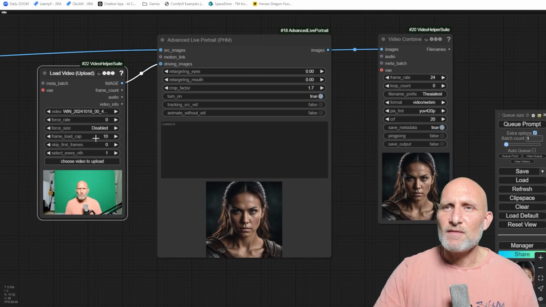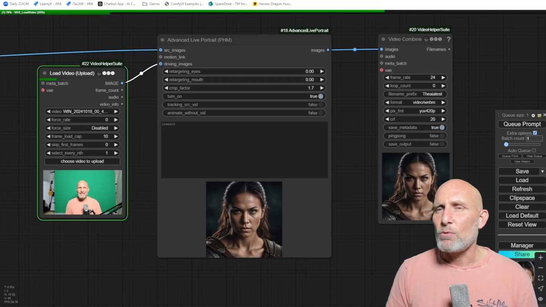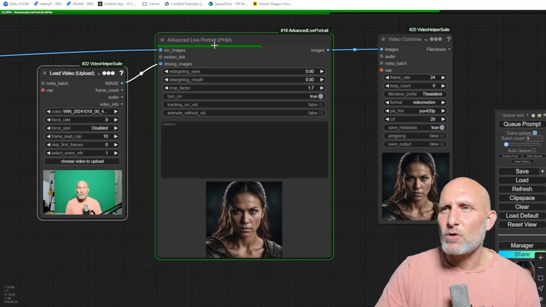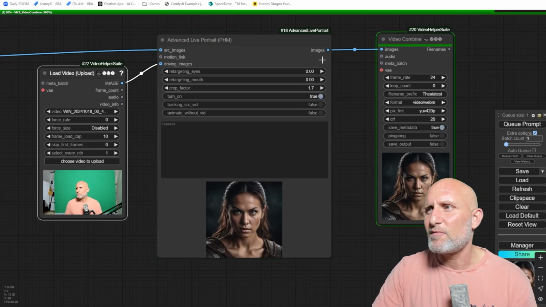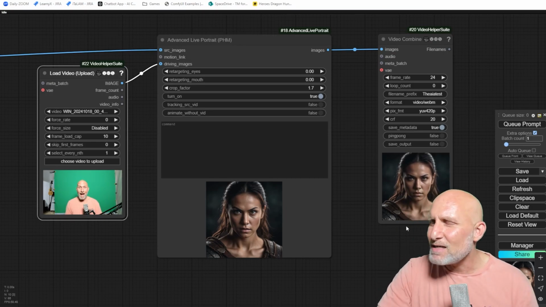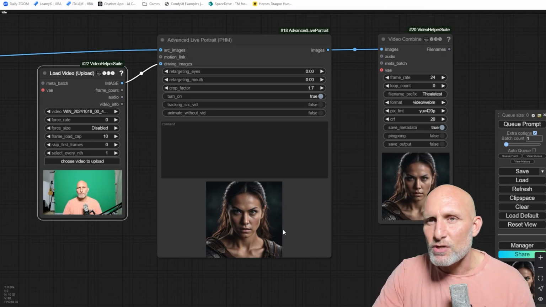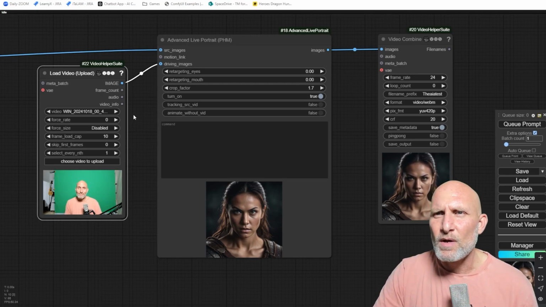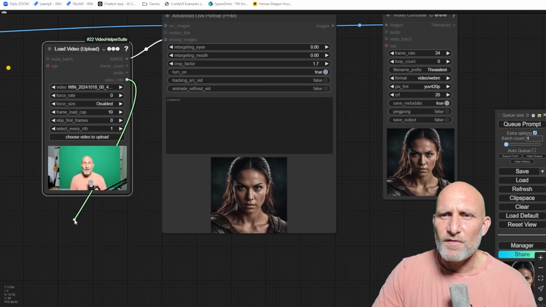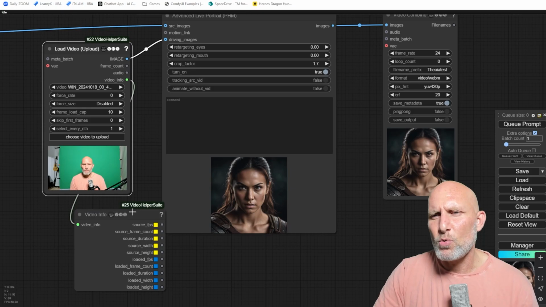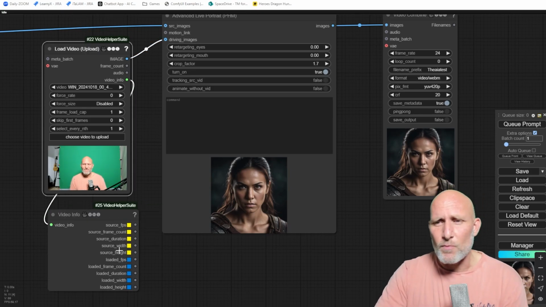But let's see what happens if I do 10. I will run it, and you can see that it's processing 10 frames, and then it's processing the 10 frames inside the Live Portrait, and then it does the 10 frames in the combine, and we can see that there's a start of an animation. Now, if you want the resulting animation to be exactly at the rate of your video, you can simply go here to the video info and click the VHS video info node. It will give me all kinds of information that I want